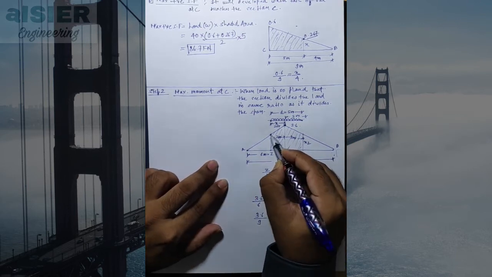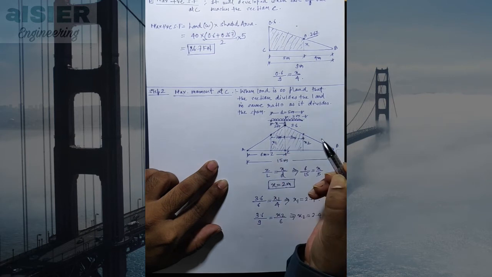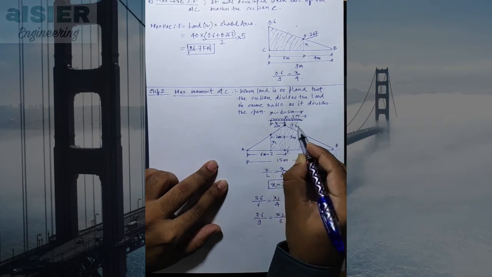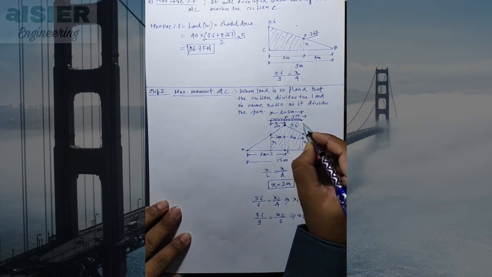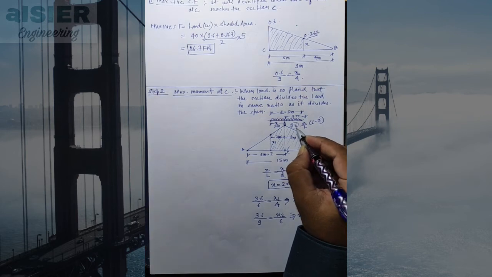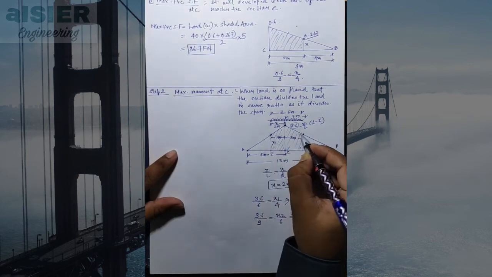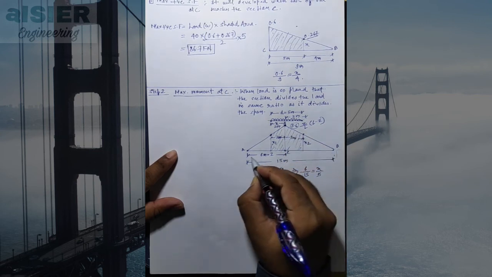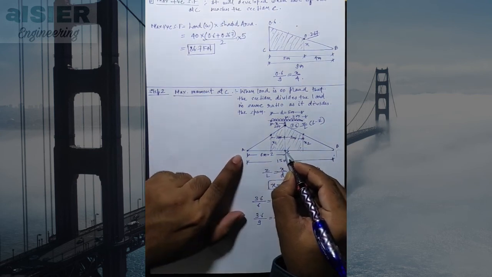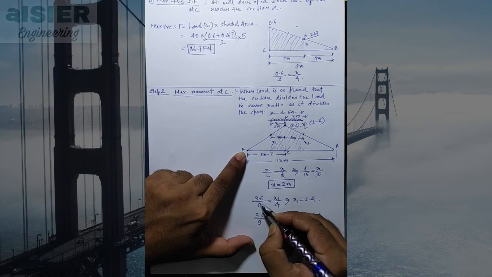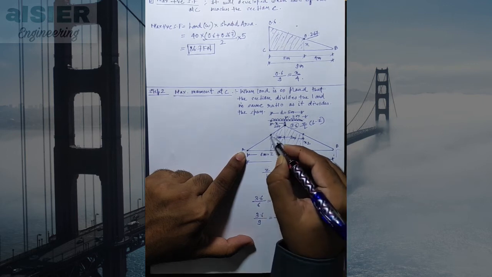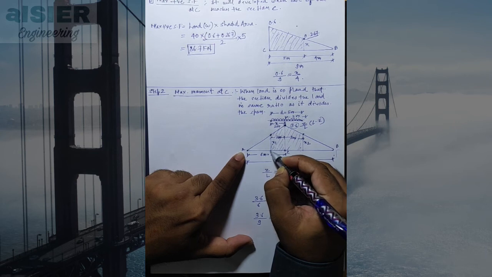Now we will find this ordinate. This ordinate is known to us. How do we calculate this 3.6? We calculated this 3.6 from the influence line diagram. The formula is Z by L into (L minus Z). Z is known to us, L is known to us, and from that we calculated this ordinate. Now we will calculate this ordinate using similarity of triangles. First we will consider this one. This triangle has a base of 6 meters and a height of 3.6 meters. So 3.6 by 6, right? And then this triangle has height x1, and what about the base?